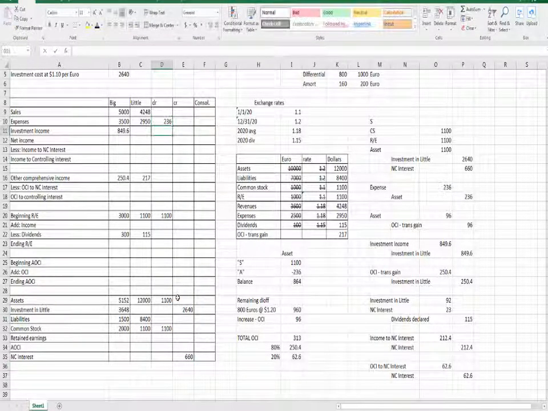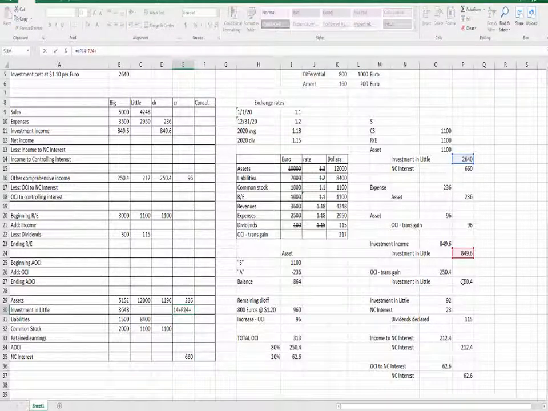Debit to expense, credit to the asset, debit to the asset, credit to the OCI translation gain, debit to investment income, credit to the investment in little, debit to OCI translation gain, credit to the investment in little,